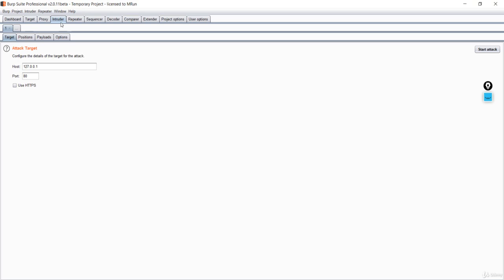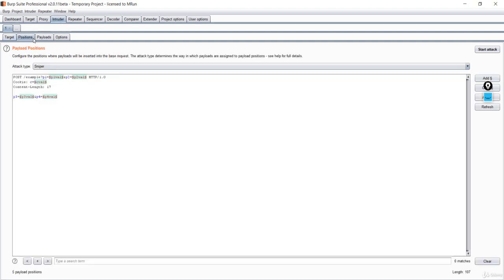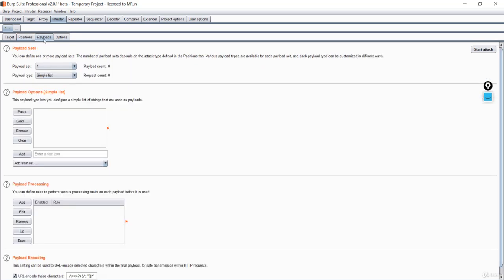After that, you have the second important thing over here, which is the Intruder, and this allows you to perform customized automated attacks to carry out all kinds of testing attacks. You can see we can do something like Positions over here. In Payloads, we can inject our own customized payload, or you can load multiple payloads or a list of payloads and check the requests and see what the responses are, in order to check if that payload worked or not. We'll check all of those in the upcoming lecture.